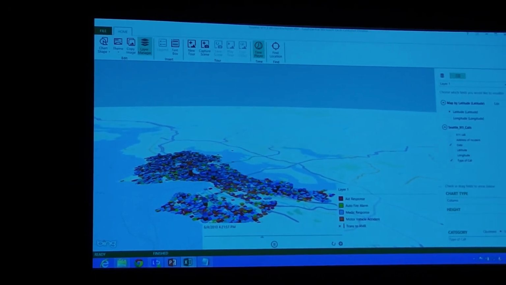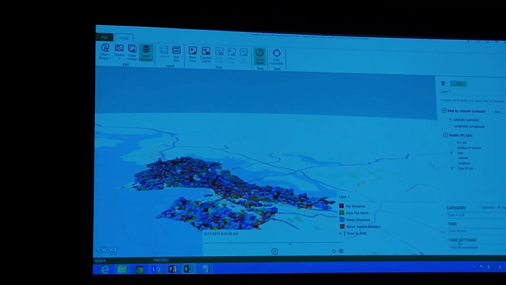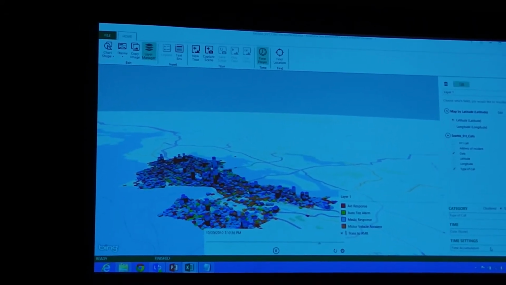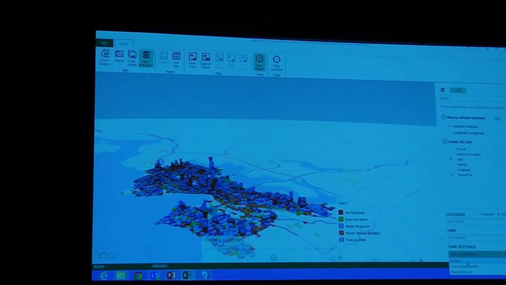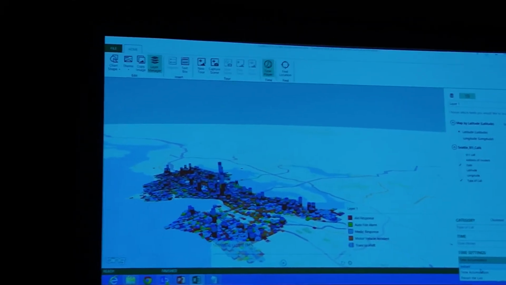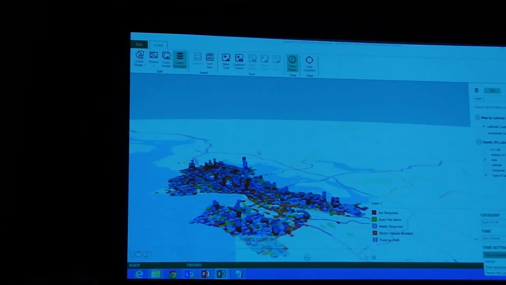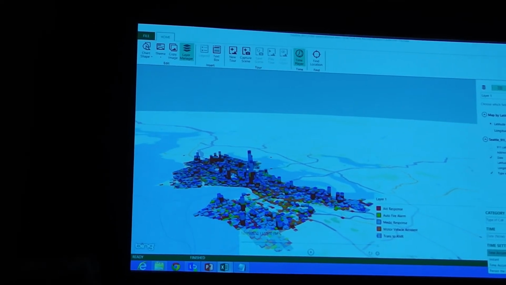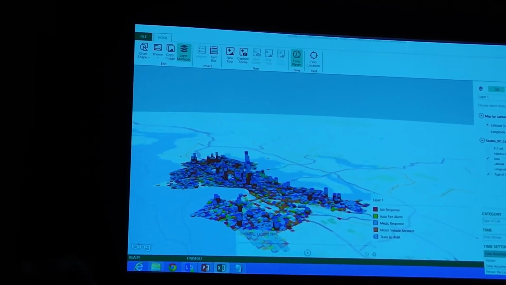There are a wide variety of different controls we give you as the temporal control of things. In terms of the time settings, what I have right now is time accumulation. So things are basically building up over time. We also give you the ability to set as instant or persist last. Instant basically means it just flashes on the screen and disappears, and then persist last means it goes on the screen unless there's something else that replaces it and stays on the screen. Depending upon the story you're trying to tell or the analysis you're trying to do, each of these have different